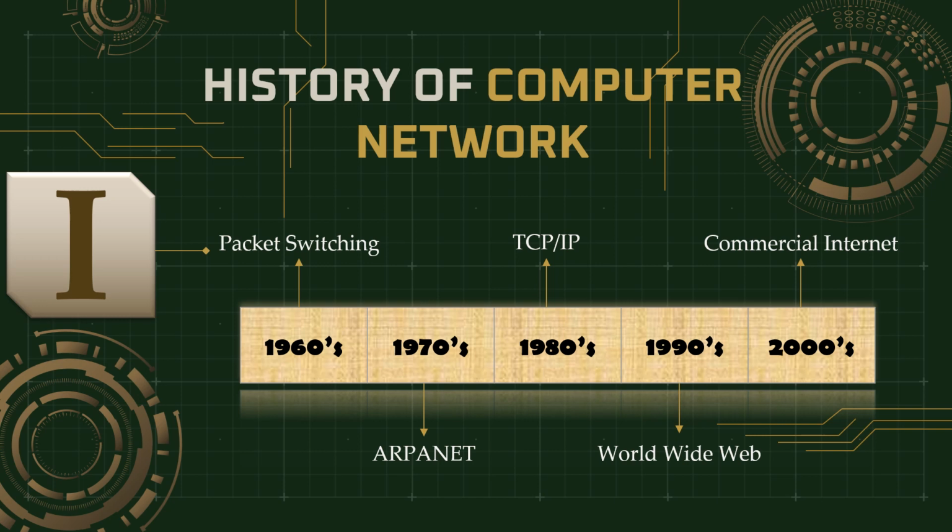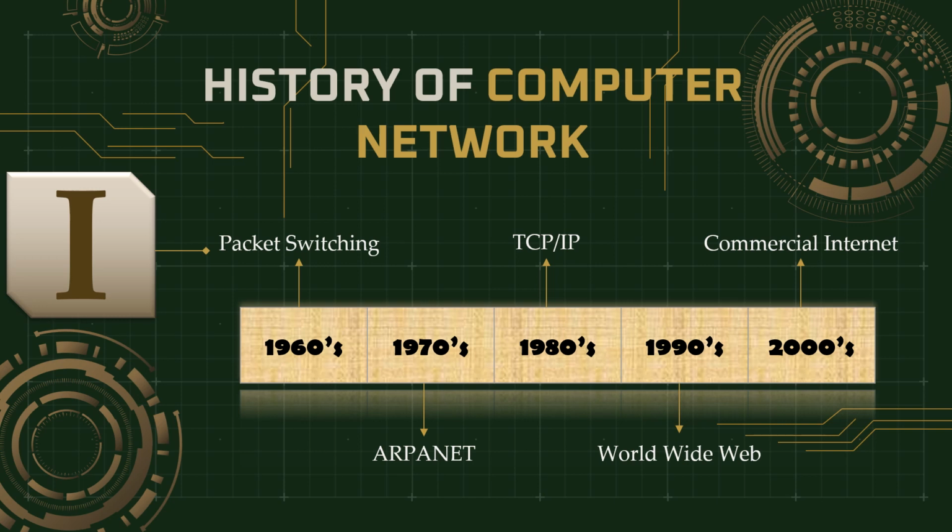Firstly, in 1960, Leonard Kleinrock published the first work on packet switching methods. At the same time, Paul Baran also began researching the use of packet switching for secure voice over military networks at the RAND Institute. In 1969, the first packet switch computer network and a direct ancestor of today's public internet, which is ARPANET, was first used. It was the first to use the TCP/IP protocol suite, which later evolved into the internet.